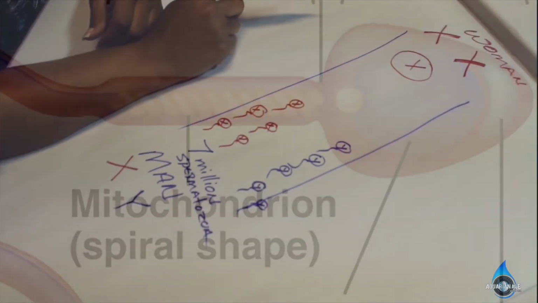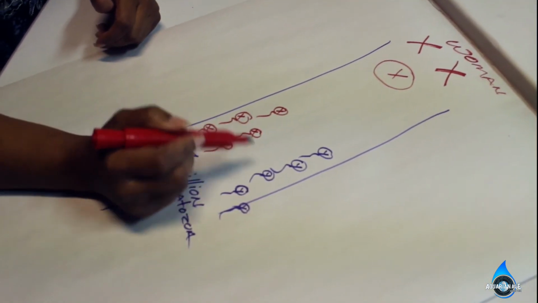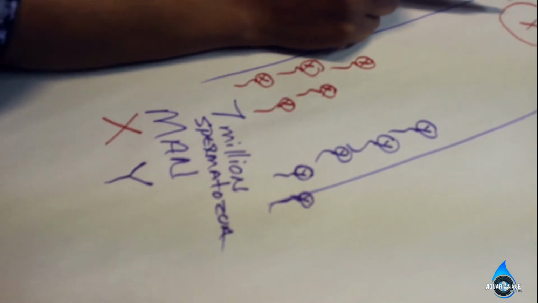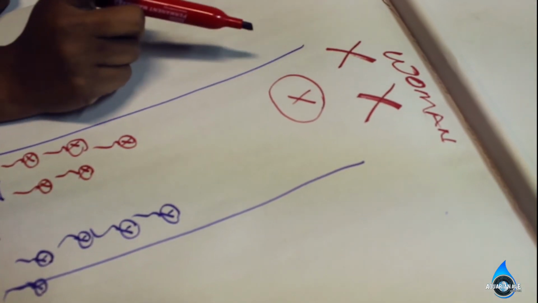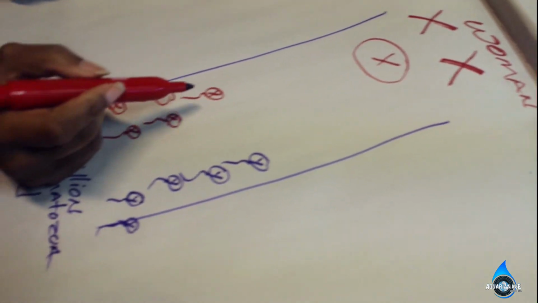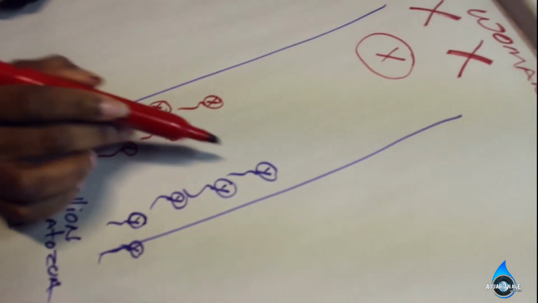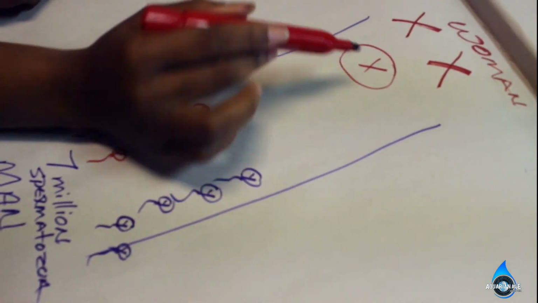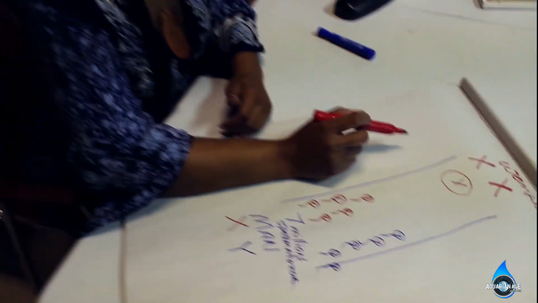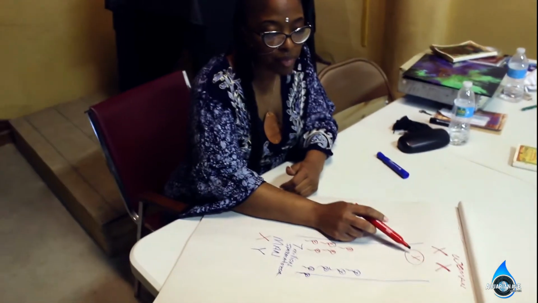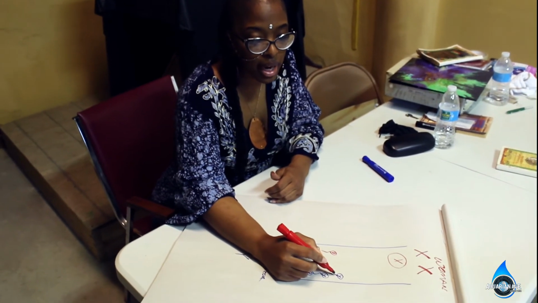Only the mother. Okay, so like I said, depending on which sperm cell gets to this egg first, it will determine whether it'll be a baby boy or a baby girl. So if one of these X get up there, it will be an XX. If one of these Y's get there first, it will be an XY. But like I said, only the mitochondria DNA is going to come from the mother, never the father. But yet the father carries it in the tail of